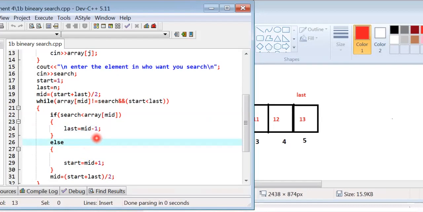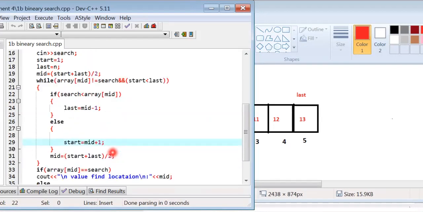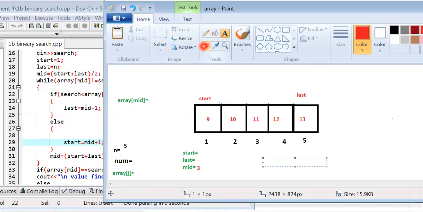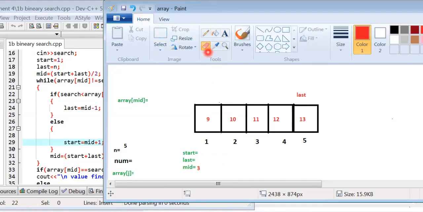So the else part is checked, and start equals mid plus 1. The value of start is 1 and the value of mid is 3. The value of start is 3 plus 1, equal to 4. The start pointer moves and now points to 4.